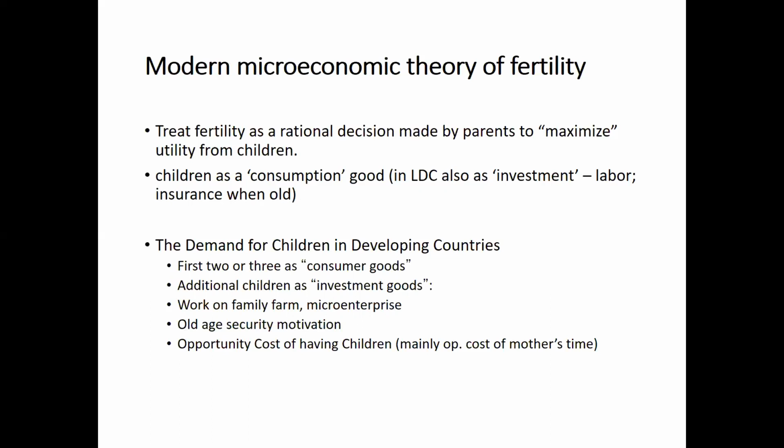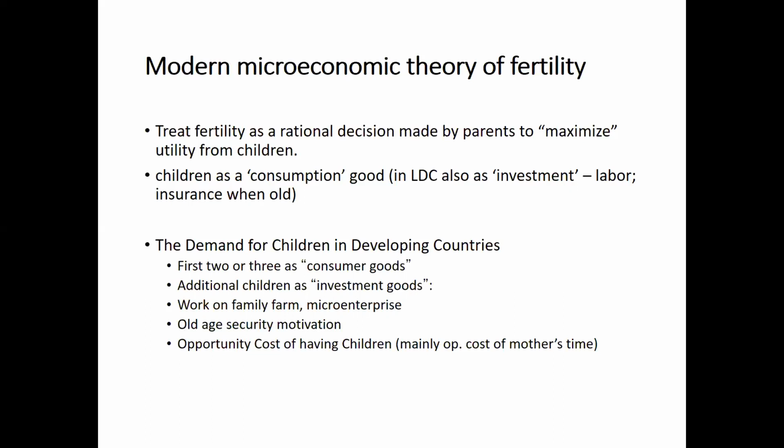And just like they decide how many tomatoes to eat or how much to invest in their human capital, parents also make a choice on how many children to have, because they derive some kind of pleasure from children. Back in traditional societies or in low-income countries today, children can also serve as an investment because they have labor, and they can also act as insurance: when you get old, they can help you in your old age when there is no pension system in place.